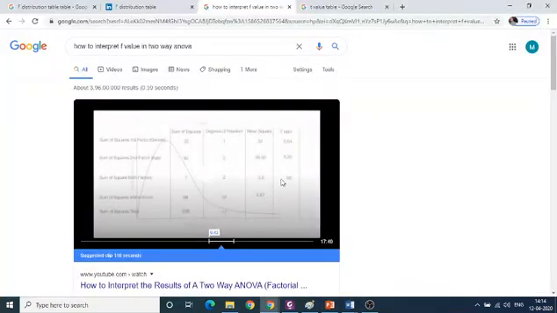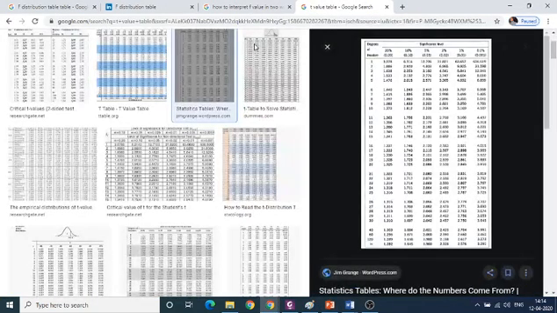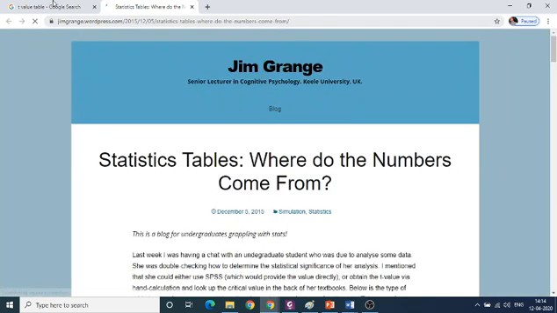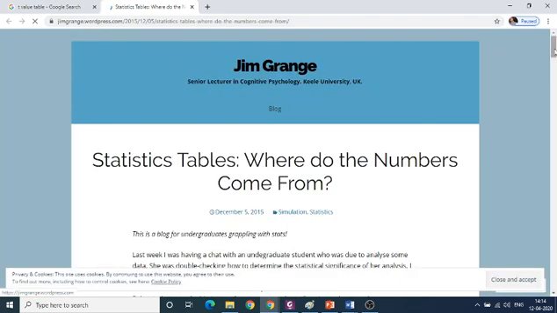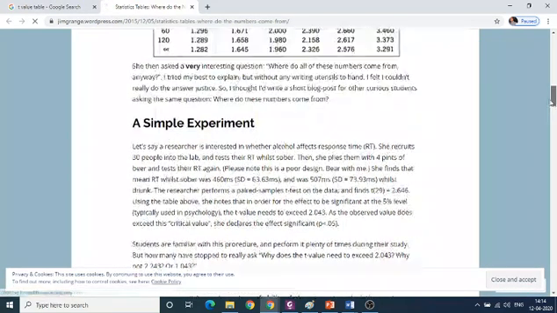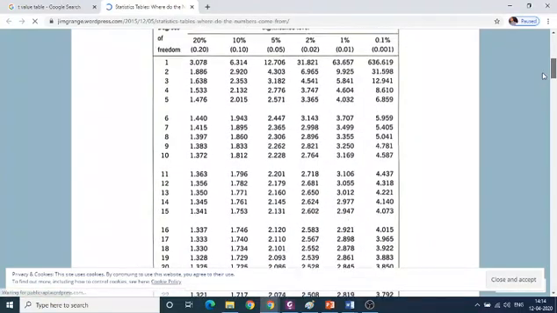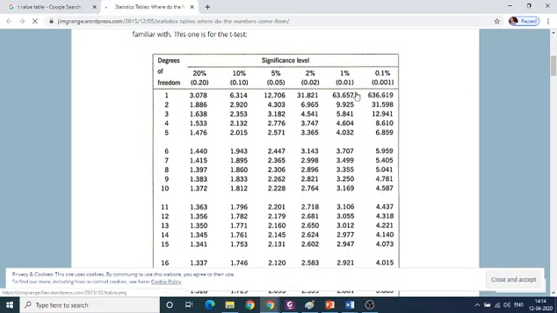Now we open the t value table. Here is the t value table. You can use any table which gives the t value. So for the 5% significance level and the degree of freedom 6, the t value is 2.447.